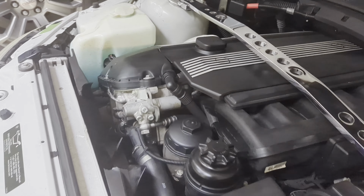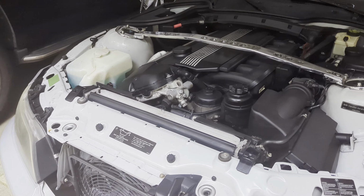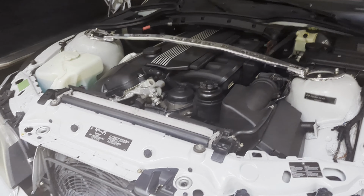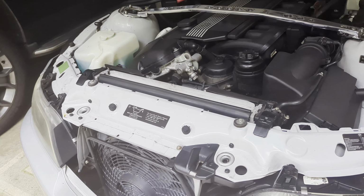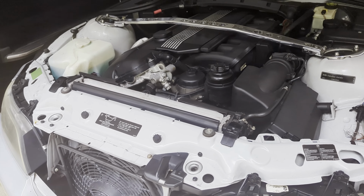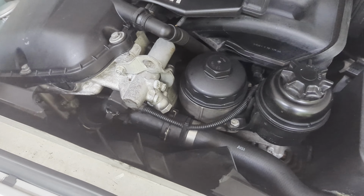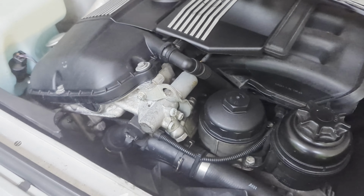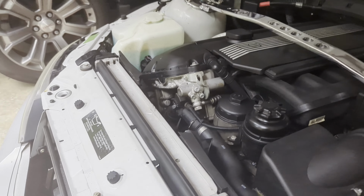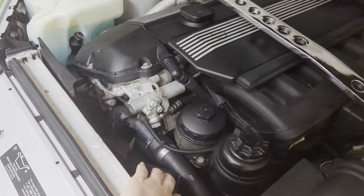Now, this is where I've got to warn everybody. If you have not already gotten rid of these items, please, please, please do the preventative stuff. Don't be like me and think that you'll be fine, because it's going to grenade. It's going to happen. This cheap, flimsy cowl is going to eventually break. Your fan blade is going to break. And once one of them goes, everything goes. Okay? So get rid of all the plastic bits. Get rid of the